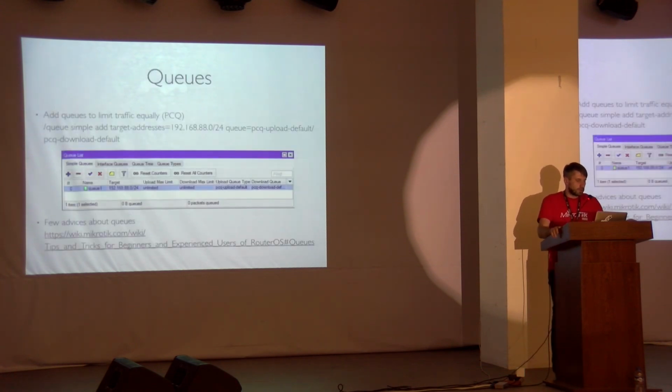Just before going to the debugging tools section, there is also a queue tree. In the queue tree you can apply advanced configuration, and there are queue types where you can set up different queuing algorithms and different methods to limit your client's bandwidth, as it is the way most ISPs work. We apply some bandwidth limitation, because sometimes it is not the proper way to provide all the bandwidth to all the clients.